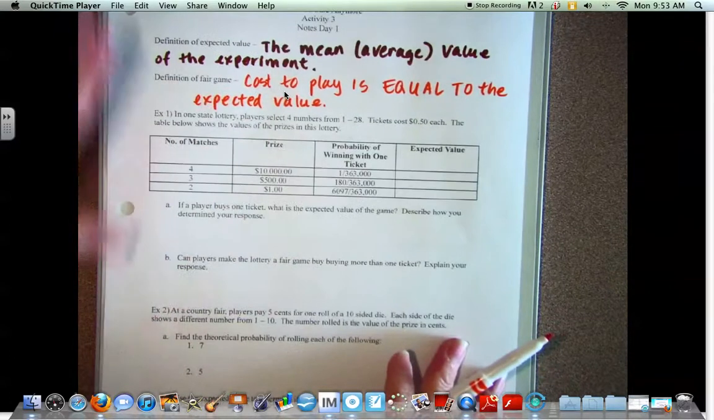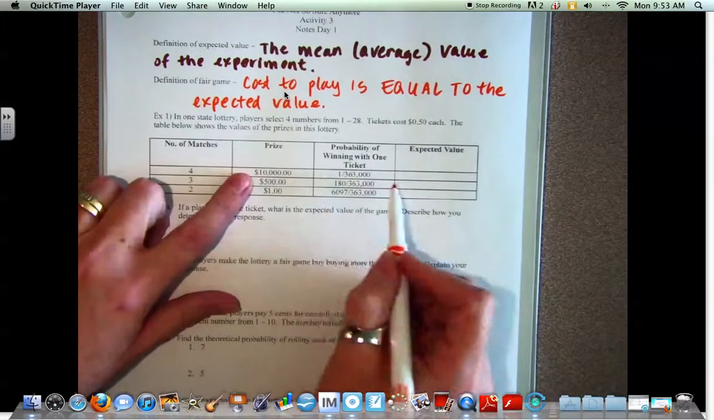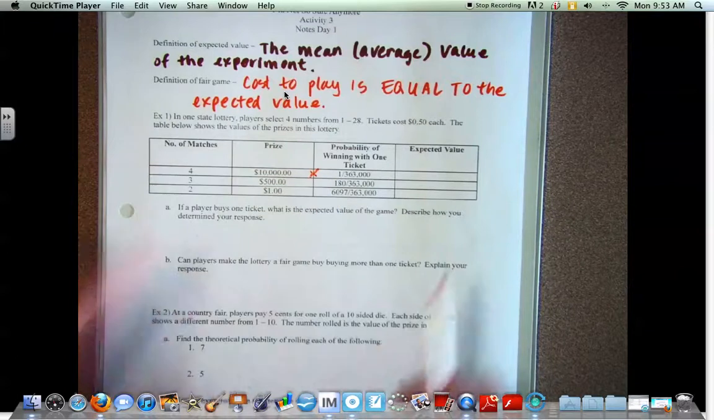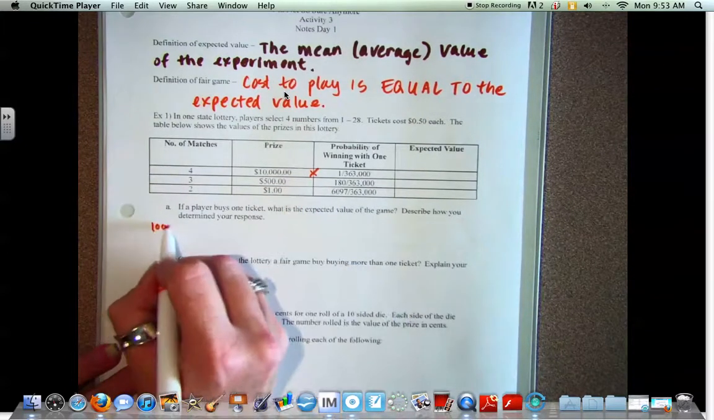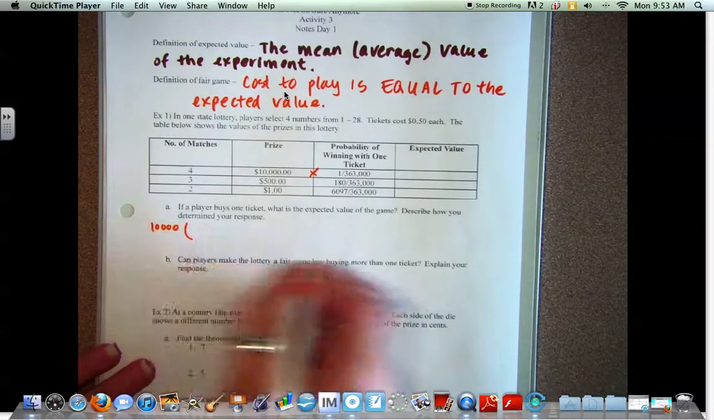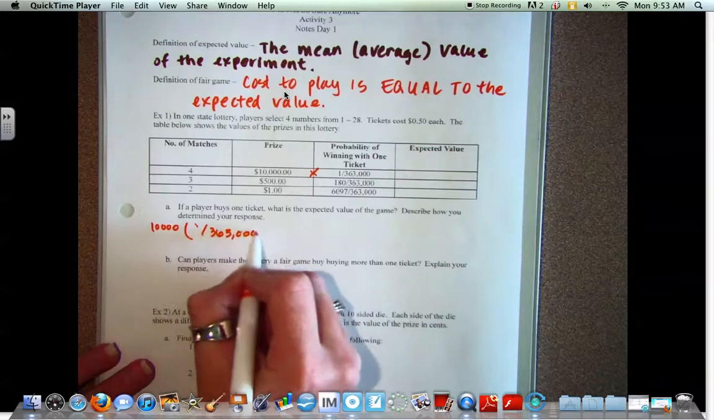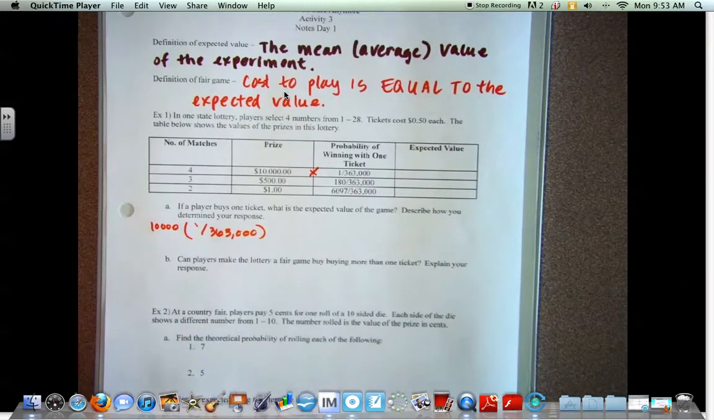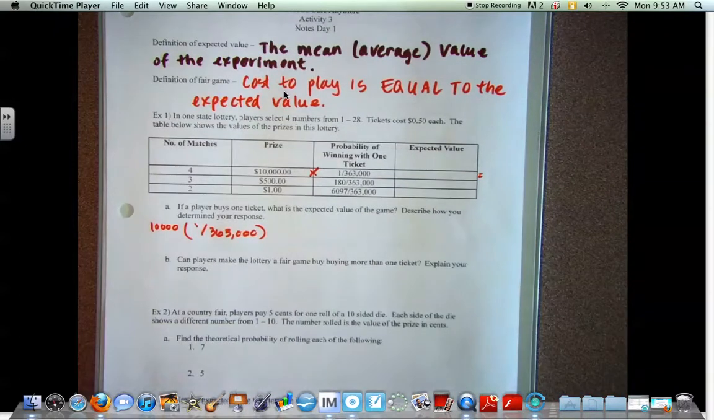So this is just like what we did on Friday. In order to find the expected value, we take the prize and multiply it by the probability. So for this first one, we have 10,000 times your probability, which is 1 out of 363,000. On your calculators, 10,000 times 1 divided by 363,000 gives us